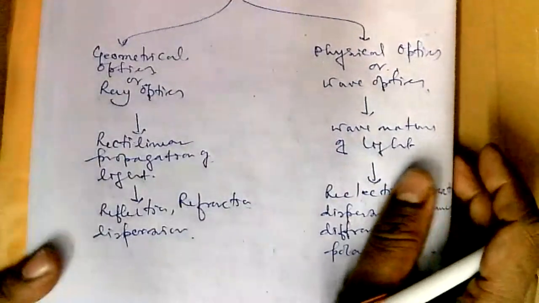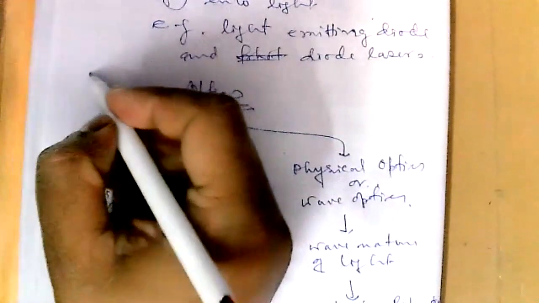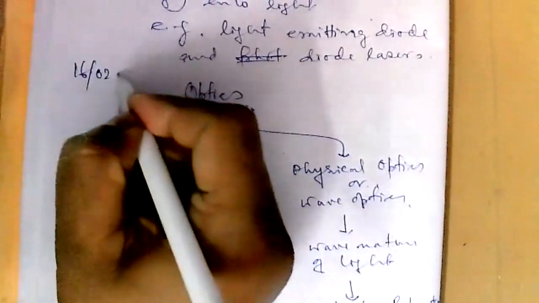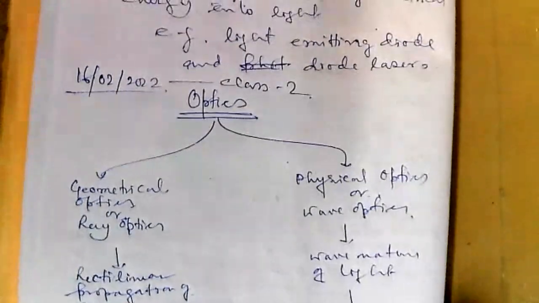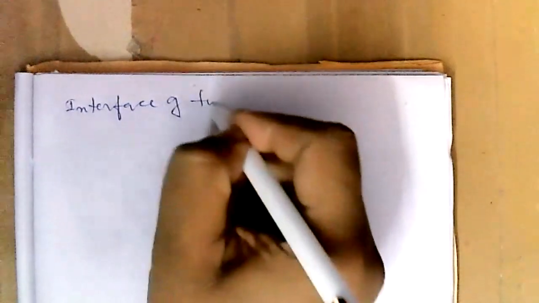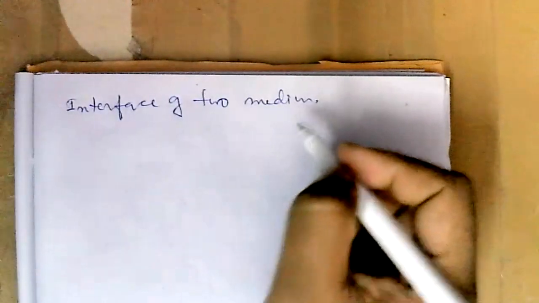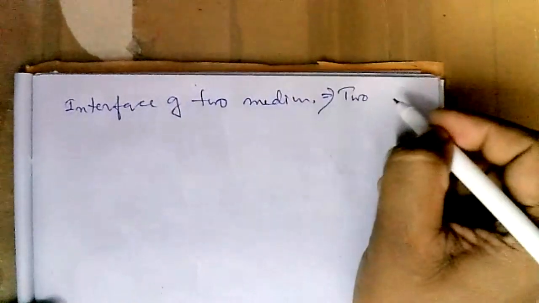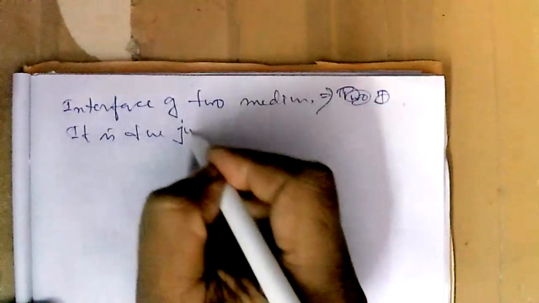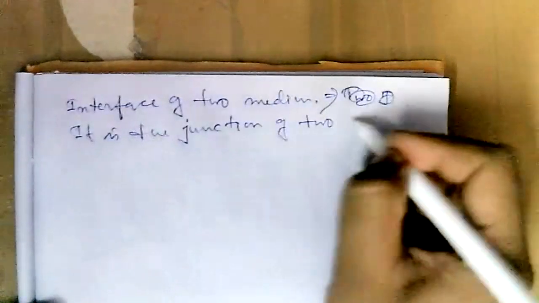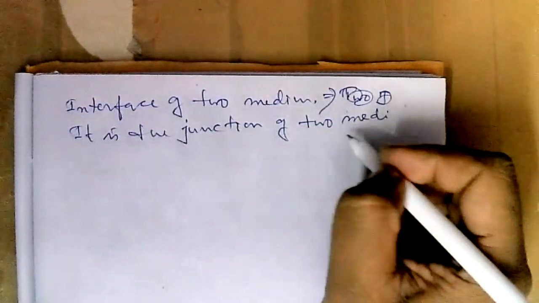So whenever we have an interface of two media, it is the junction of two media, optically transparent media,